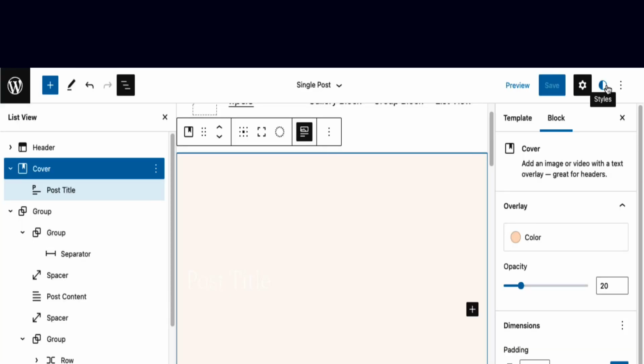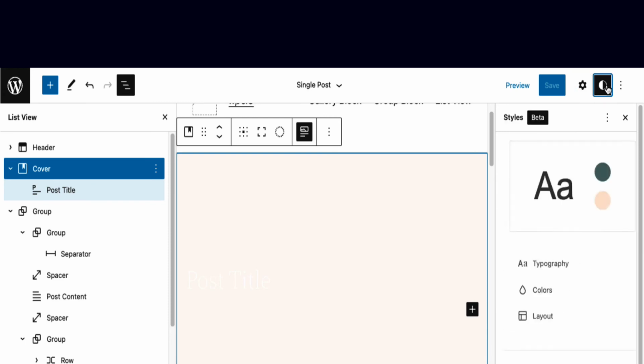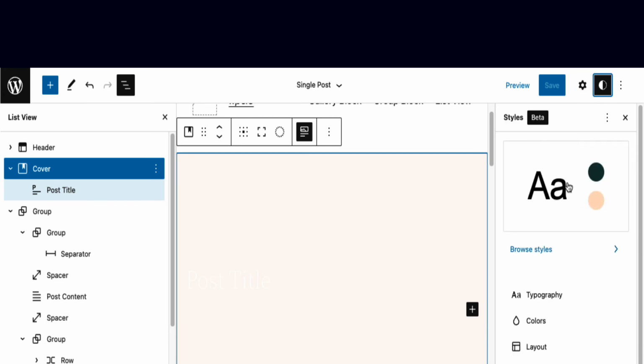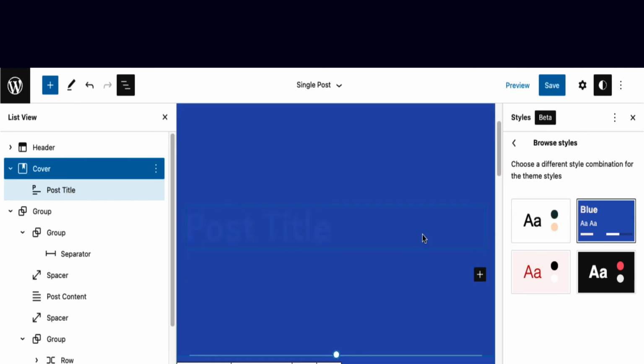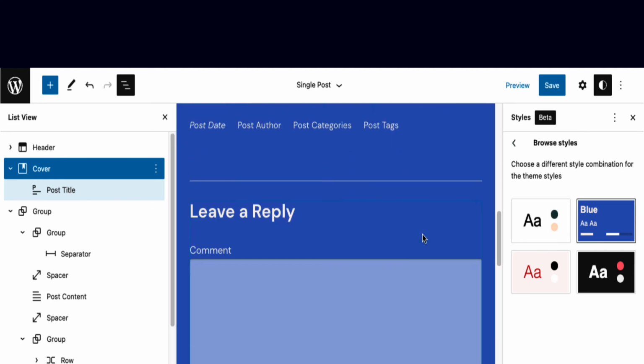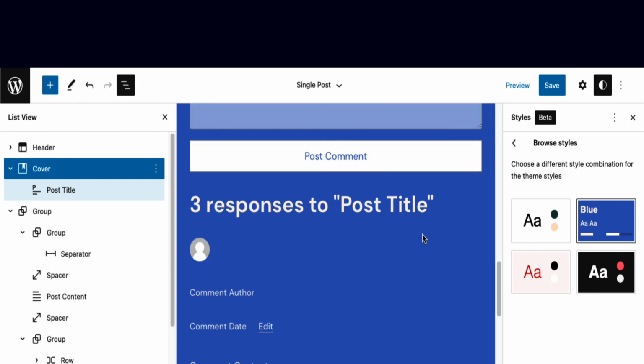One is style switching. So if I go over here to the style icon, this is new with 6.0. Click over here. So this theme has 4 different styles. And if I click on, let's say, this bluish, okay, I now have a different style, just pre-built, ready to go. And of course, I can make adjustments to any of this, but I sort of like this. And I'm going to save it, have a look,